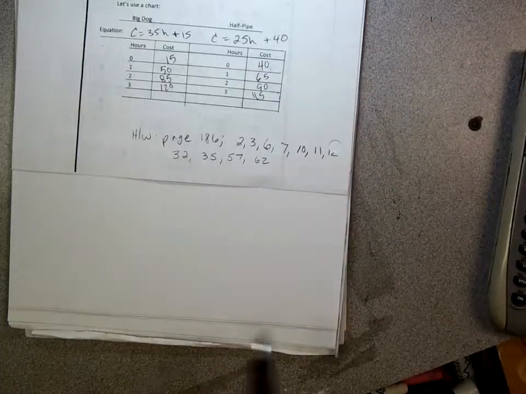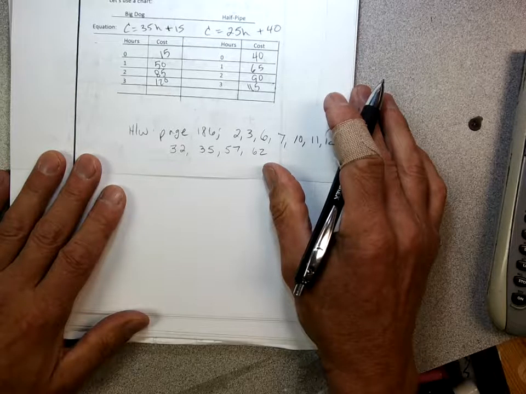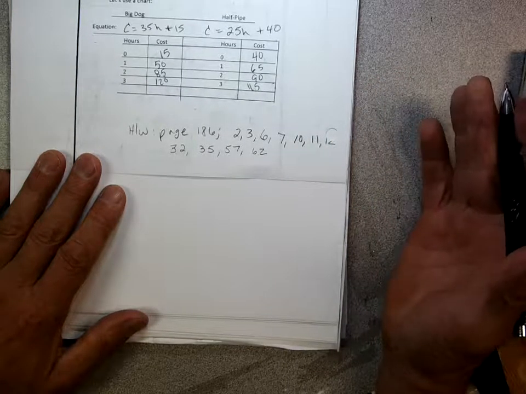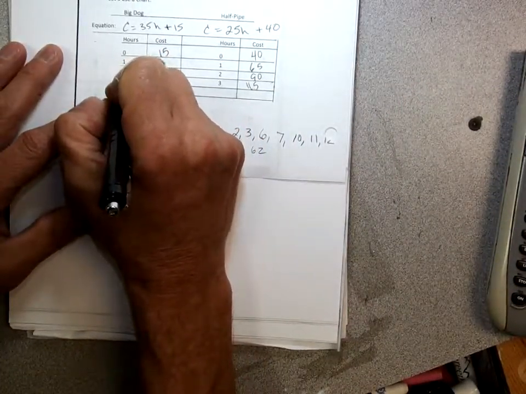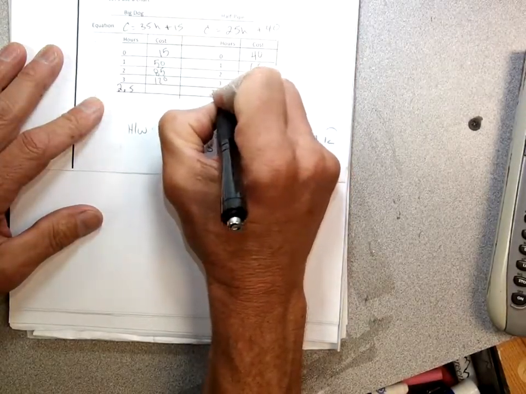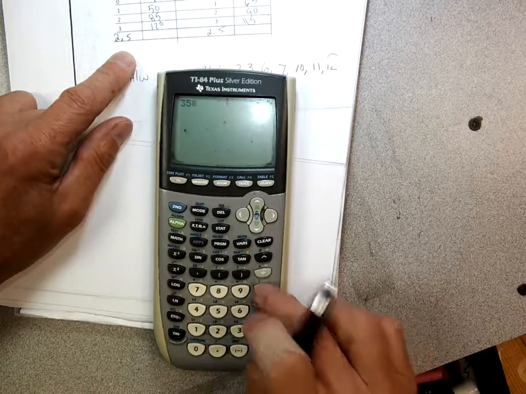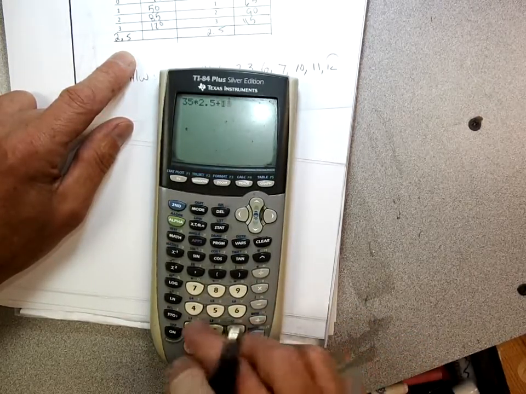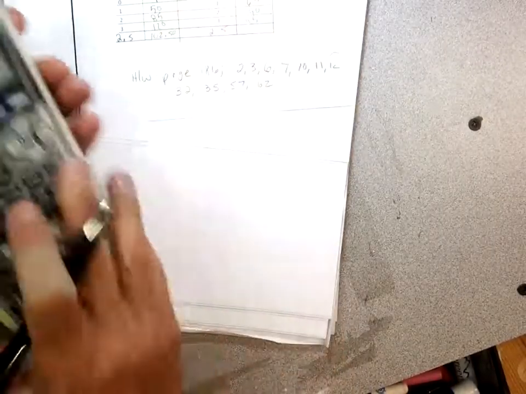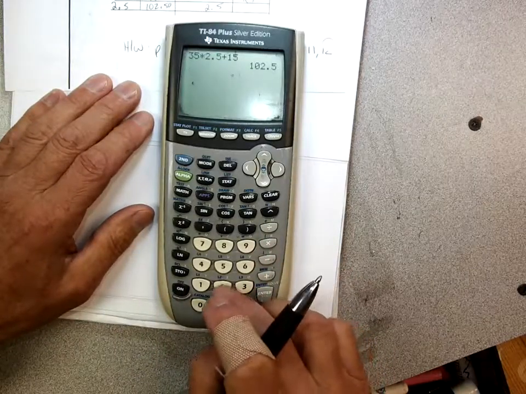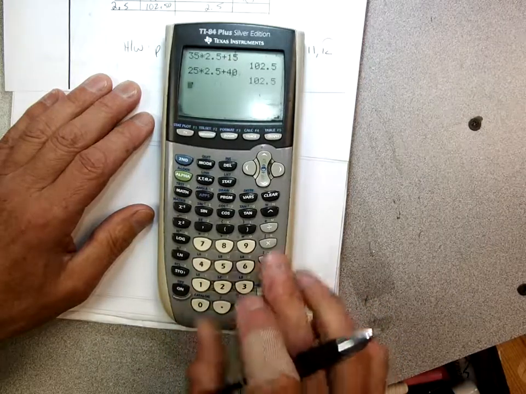So, for what number of hours are the two companies cost the same? What do you think? 2.5? You guys want to try 2.5? Let's plug in 2.5. Let's do 2.5 hours and see if they're the same, all right? So I'm going to check it out. I'm going to add to my cost. 35 times 2.5 plus 15, and I get $102.50. All right, let's check out Halfpipe. We're going to go 25 times 2.5 plus 40, and I get, sure enough,